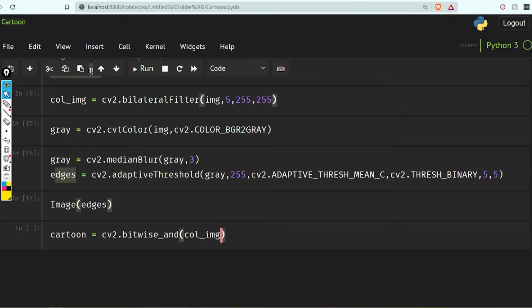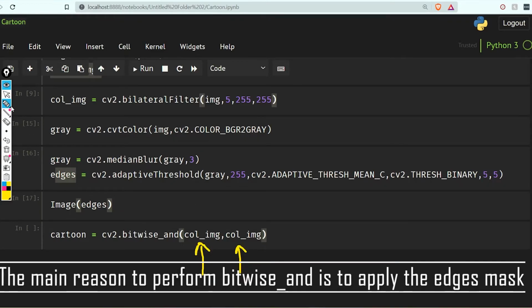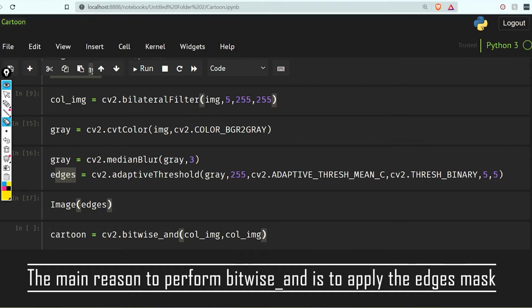We are going to bitwise AND these two images, performing the bitwise AND operation on the same image. And why do we need to do that? Because we will set a mask, and that mask will be our edges.